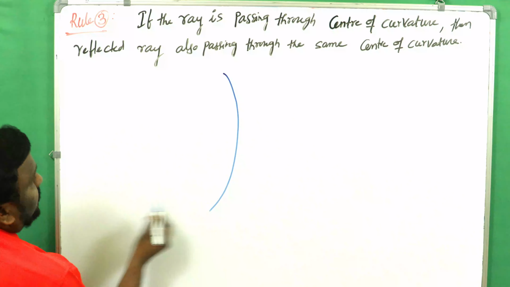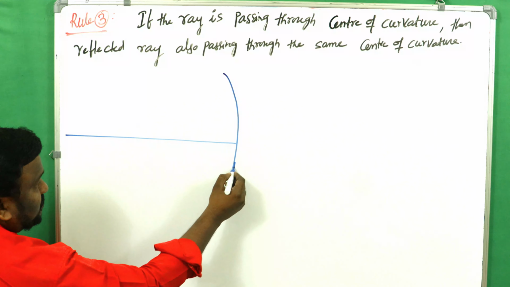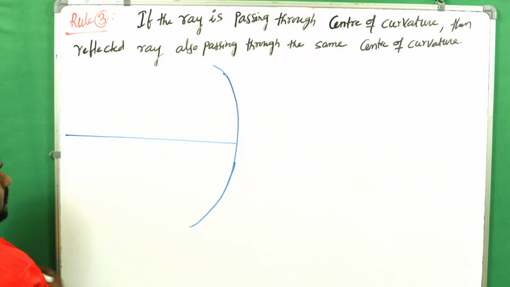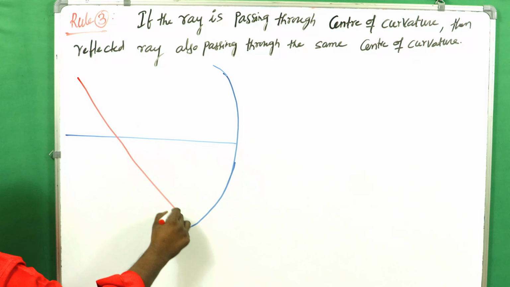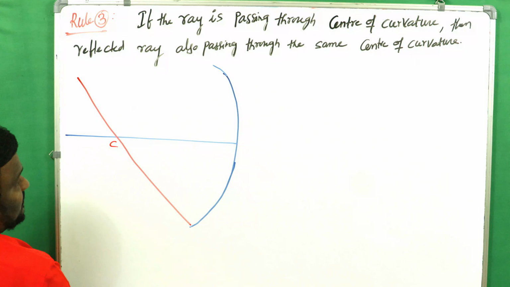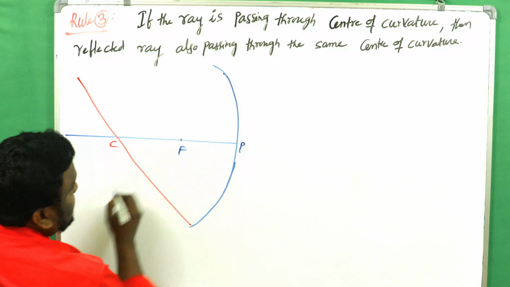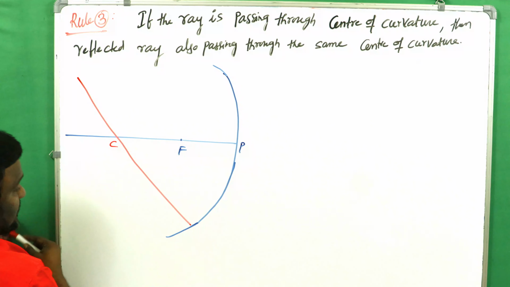This is the concave mirror, and this is the principal axis. To draw this one, the size of the mirror should be a little bit more compared to the previous one, then only it becomes very easy to draw. Now this is the ray that should be passing through the center of curvature. So now this is the pole, and this point is the focus, and this is the center of curvature,